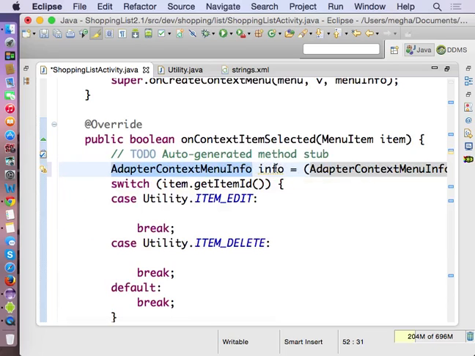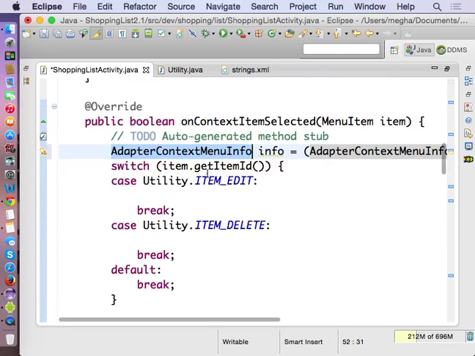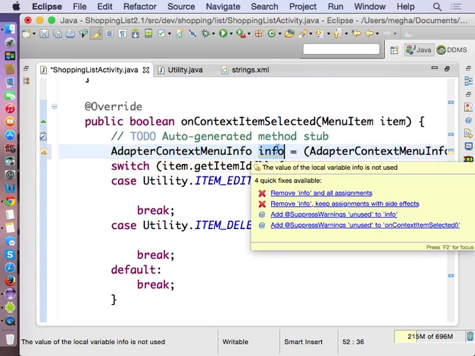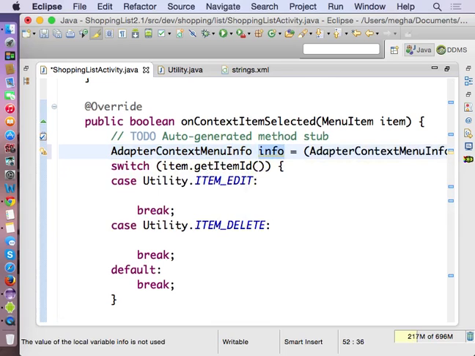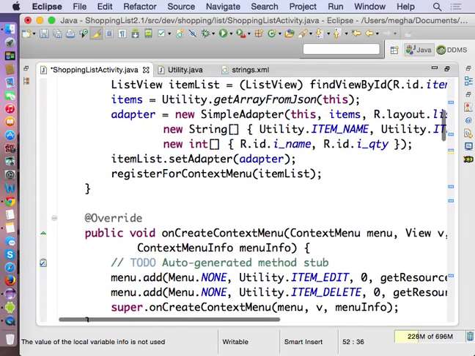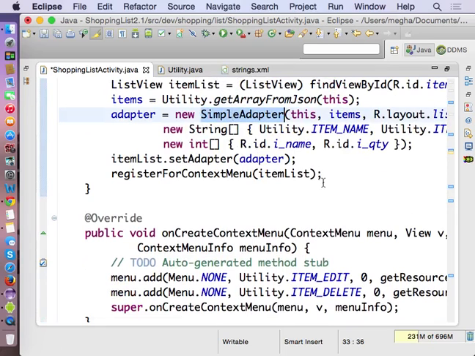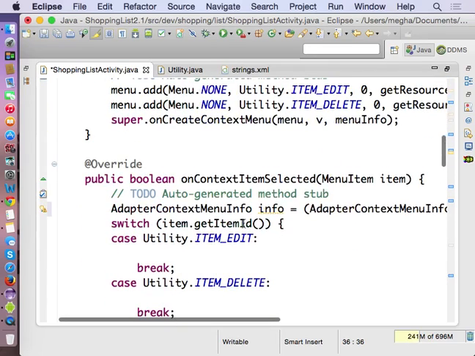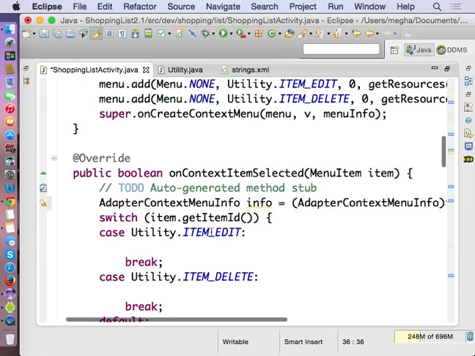So right now, an instance of a context menu with the adapter object also implemented means a list view will display content from an adapter. We know it. An adapter is a way to bind a UI or a layout and the data. So in this case, a simple adapter has been used in order to populate items on the list view. So the adapter contains the list view's items, for example. So I have built an adapter instance from the context menu onContextItemSelected. From it,